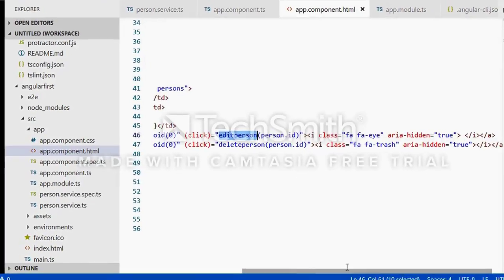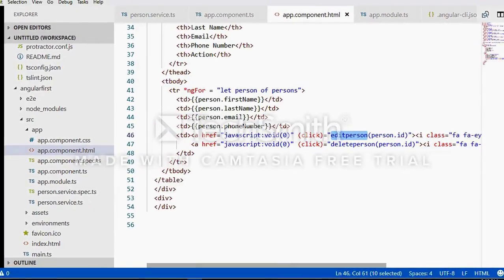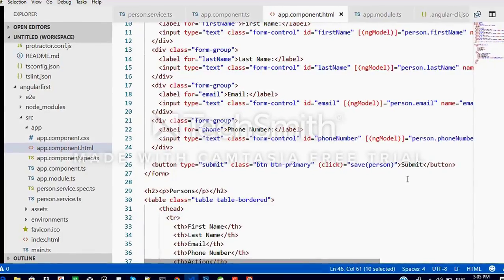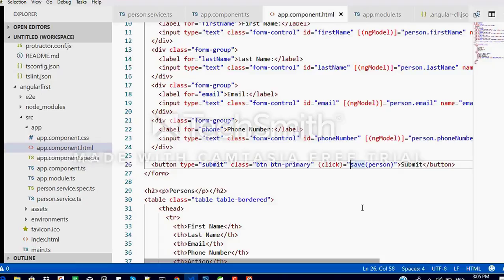And go to and write person dot id not equal to null. I can call this method